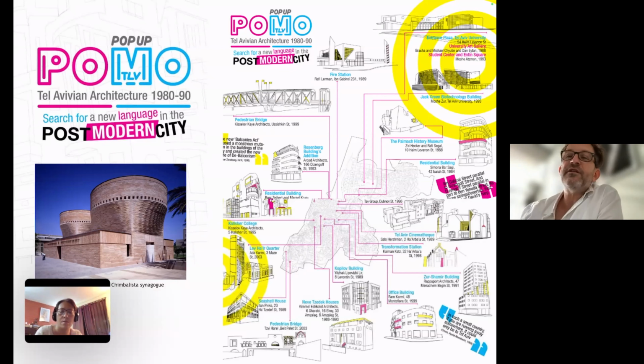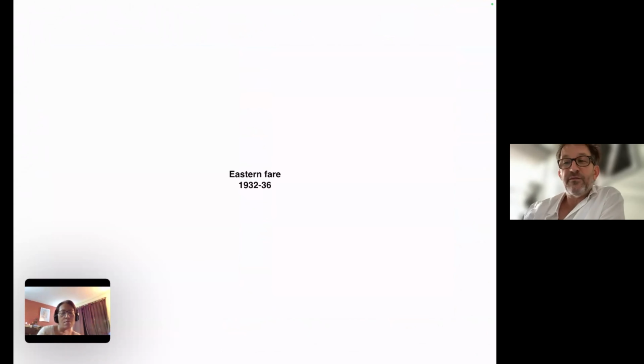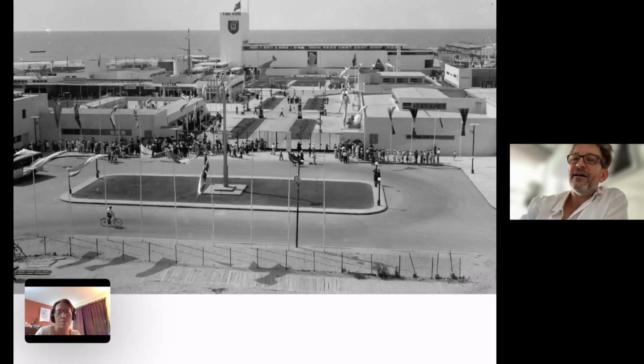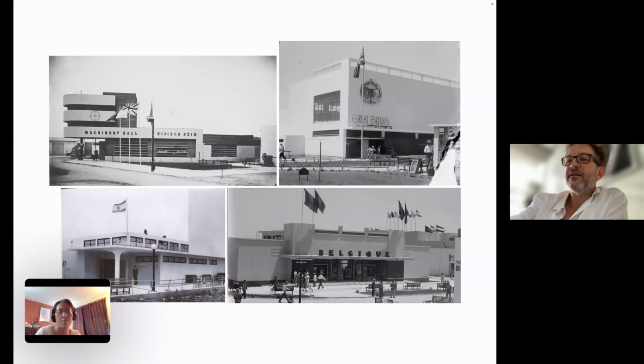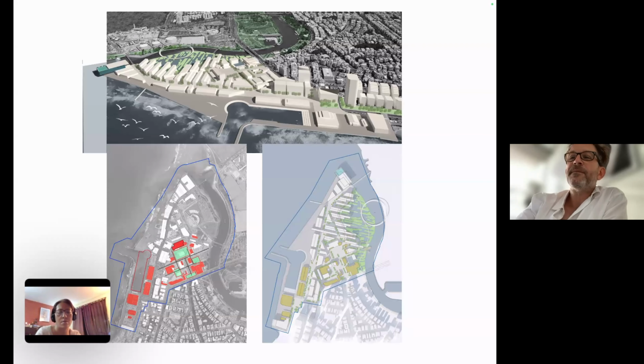These are new issues that we're working on today, trying to understand these forms that were created in the city during the 90s and the 2000s, quite recent, but we regard them as a new historical layer of the city. Another example, the Eastern Fair, you could see the slides by Ganit. These are the historical structures of the international fair that was near the port of Tel Aviv. So the adaptation of new